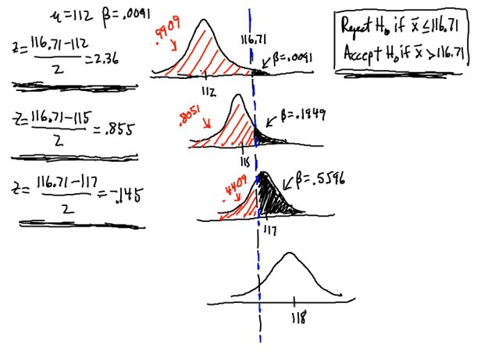Now I went ahead and done another level here with the population average. Suppose it's 117, and calculating a z-value for the 116.71, we find that our probability of type 2 error goes up to about 56%. And that is very unacceptable risk under normal circumstances. So our sample of size 36 is not very powerful, about 44.1%. It's not very powerful to correctly reject the null hypothesis,